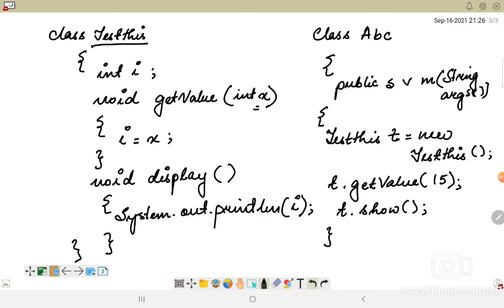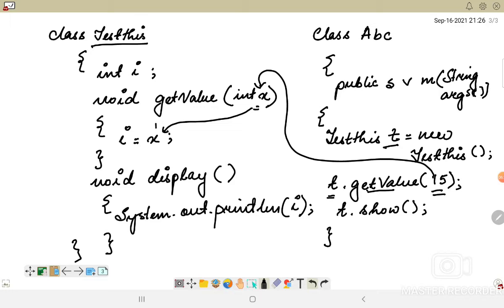Looking into this program, what you will see is I have created an object and I am passing the value 15 to the getValue method using the object of the TestThis class. This value 15 now gets passed on to this particular variable, it will be stored here, and finally it will be pointing to the instance variable.